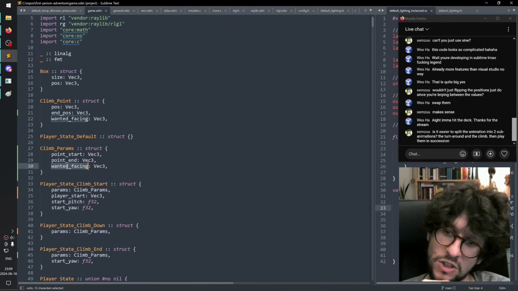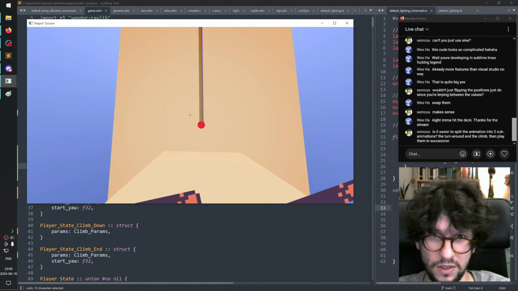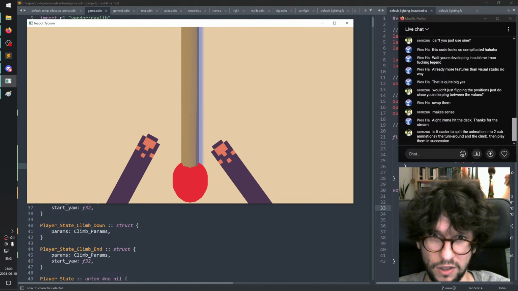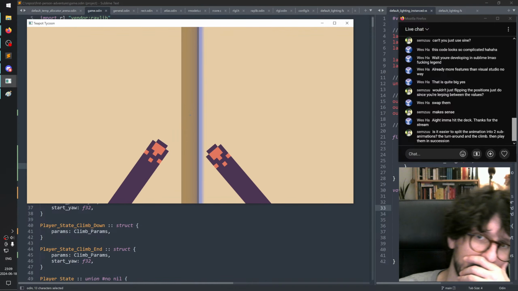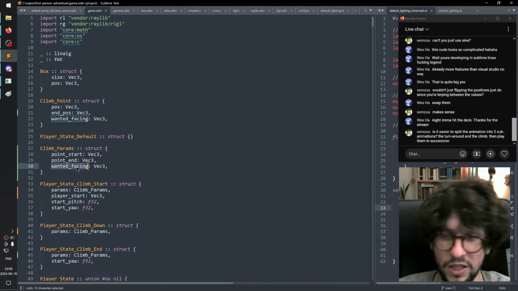At the top you essentially need to flip the face, the wanted facing. The wanted facing says that it should look this way. That's why you can do like this and it turns around and then climbs. Actually,